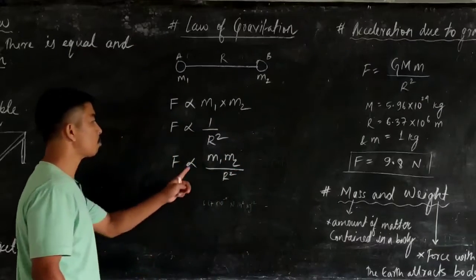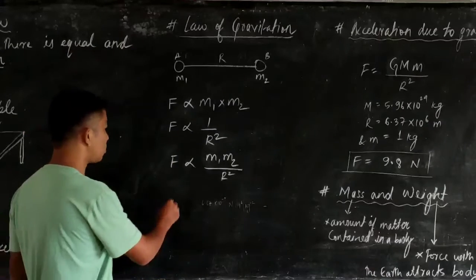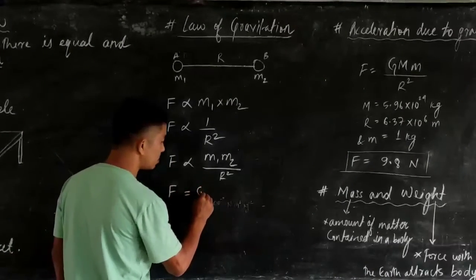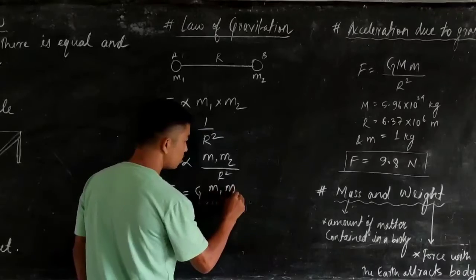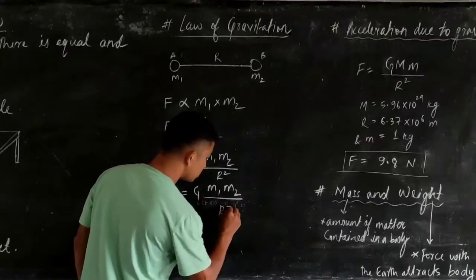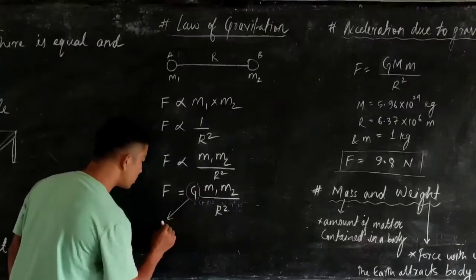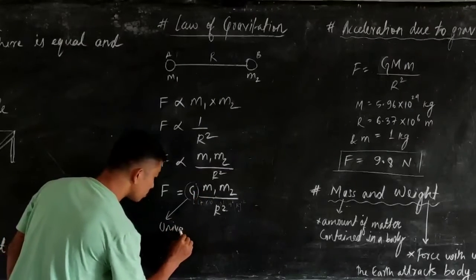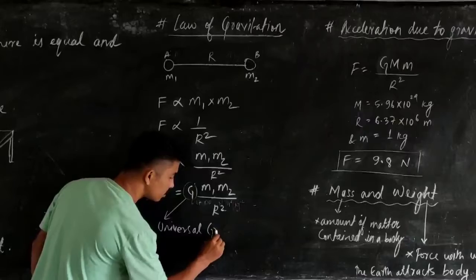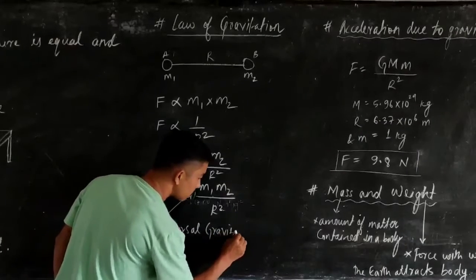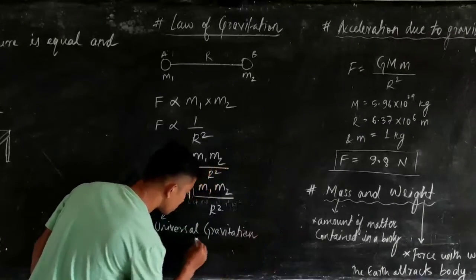Now to remove this proportionality sign, I insert a constant, F is equal to G m1 m2 divided by r square. And this G is known as the universal gravitational constant,